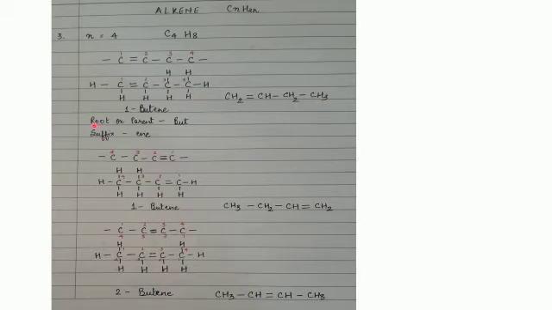Again the rules: since there are 4 carbon atoms, it is a derivative of the parent alkane butane. So we will use the root word but, and since there is a double bond, it is an unsaturated hydrocarbon, that is alkene, and to indicate the double bond we will use the suffix -ene. Hence the name of the compound will be butene.